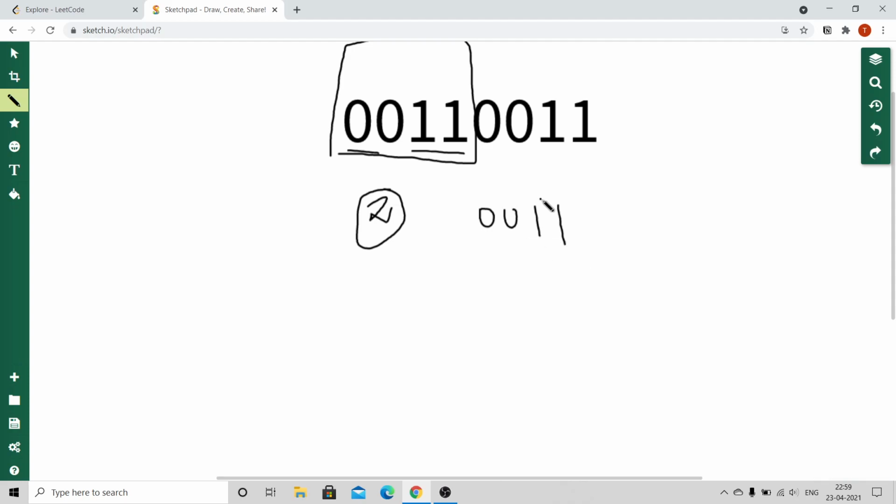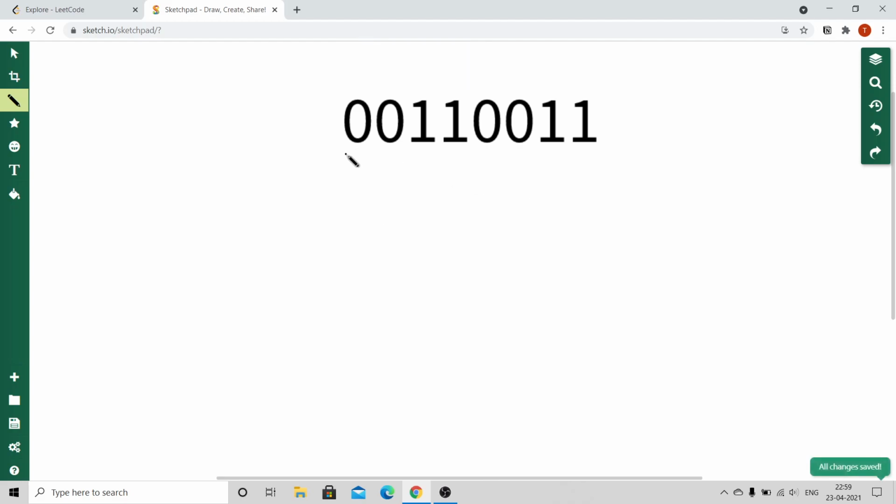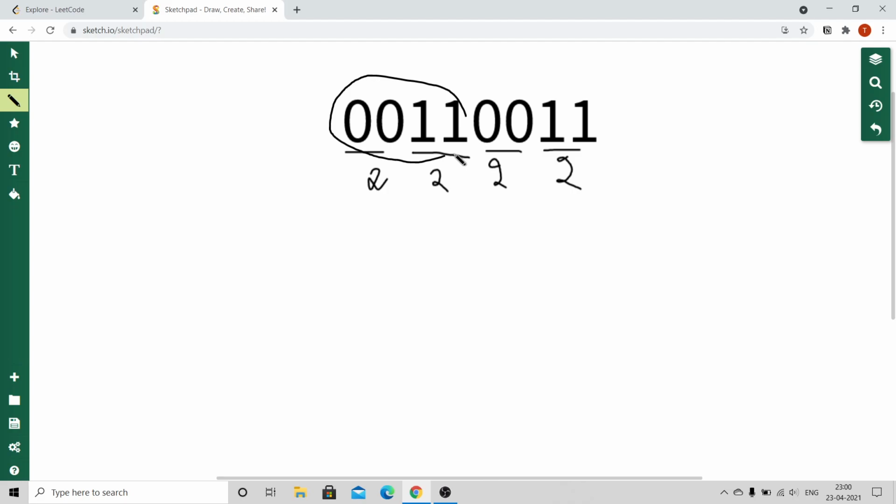So the final approach to this question is as follows. We'll use a vector and store the frequency of each repeating element, that is here 0 repeats 2 times. Now we'll take the frequency of this, which is 2 times, and here this is 2 times, and this is 2 times. So now we are considering each such substring containing zeros and ones. This is one string we are trying to consider, this is another string, and this is one another string you are trying to consider.